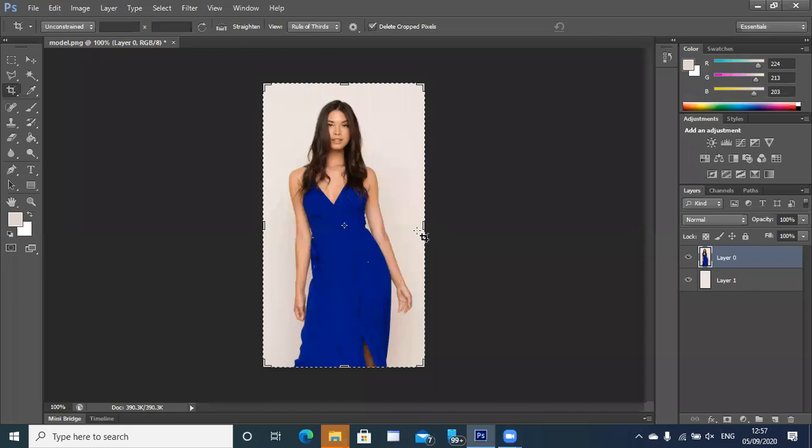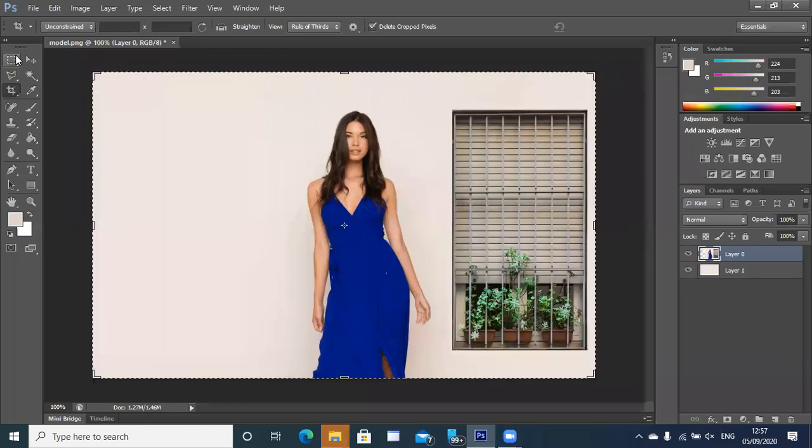So what does the crop tool do? The crop tool keeps only the area that I require, and the area that I don't require, I'll crop it off. Correct. If you want to put the image in a proper width and height, you can mention the width and height here. It will go in that width and height. So that is also one of the advantages of the crop tool. At any point you don't like a certain tool, you can press Control Z to undo anytime. So that is one of the examples of a crop tool.